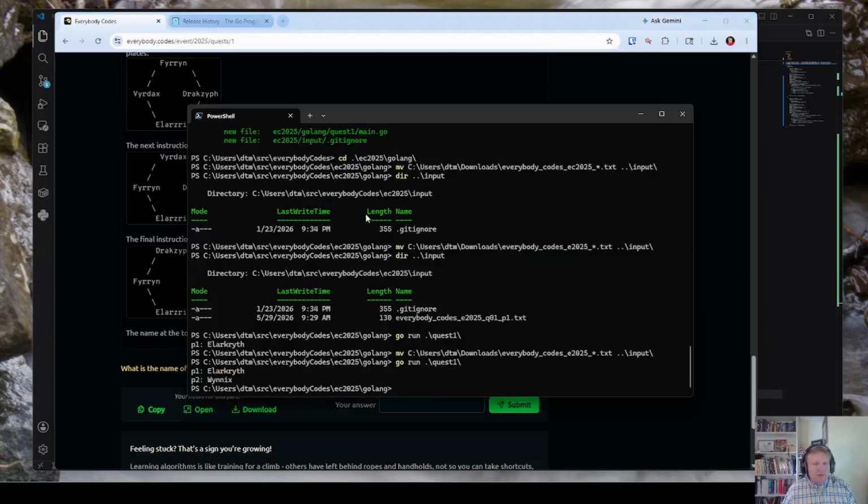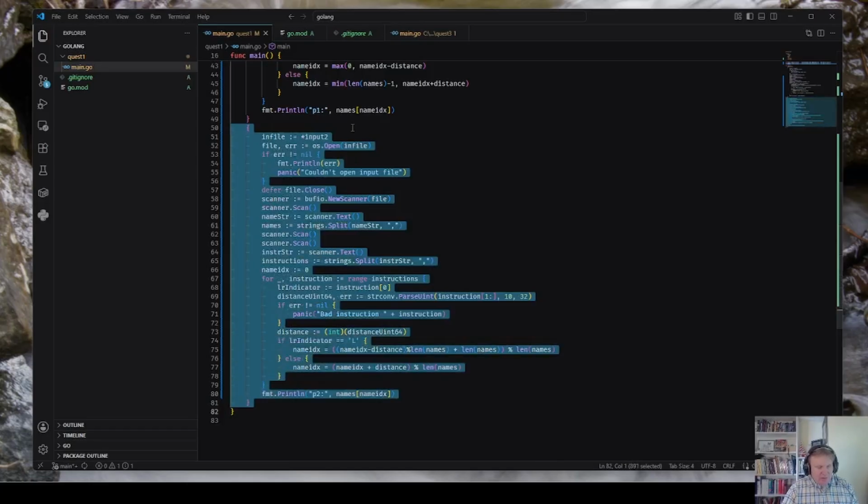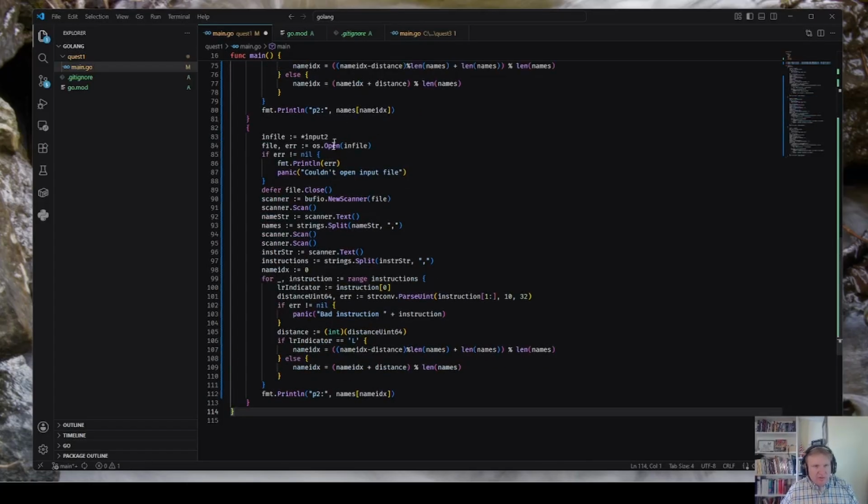Okay, so same thing. All of the parts of the input is the same. Just make sure I use input 3.